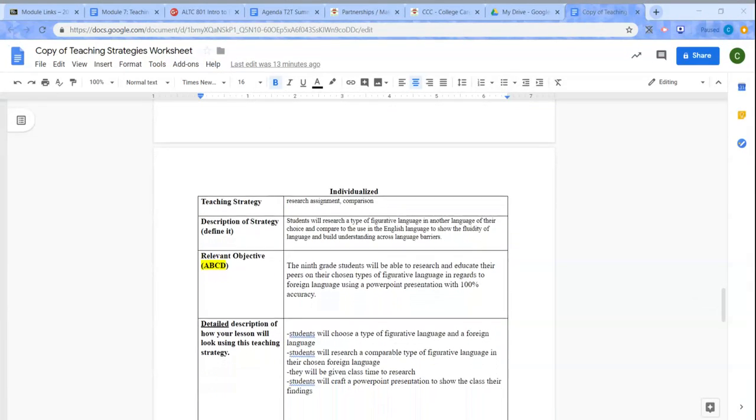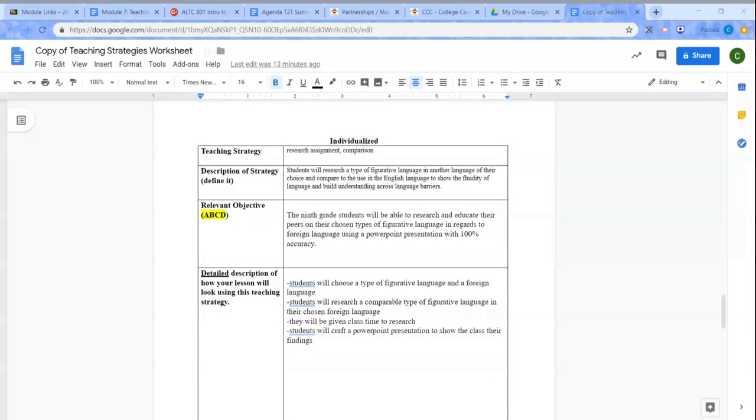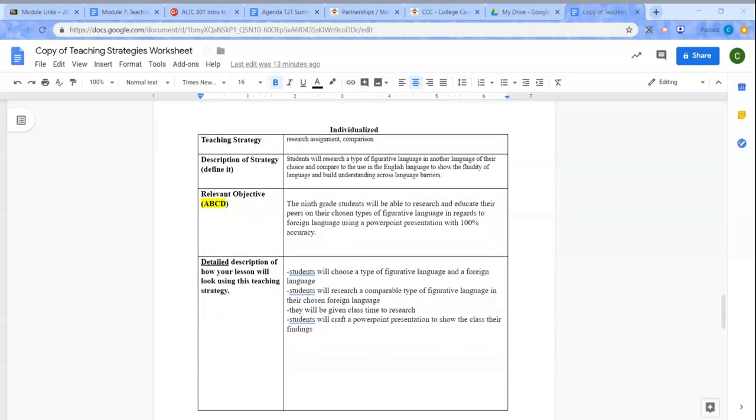And for individualized, this is something that I'm really excited about trying out. It would be a research assignment with some comparisons between languages. I think this will give some of my ELL students their time to shine, giving them a type of figurative language of their choice and then another language of their choice. And then they can compare the use of figurative language in English to that of the figurative language in whatever language they choose. I feel like this really gives them a rounded out idea of how figurative language can impact